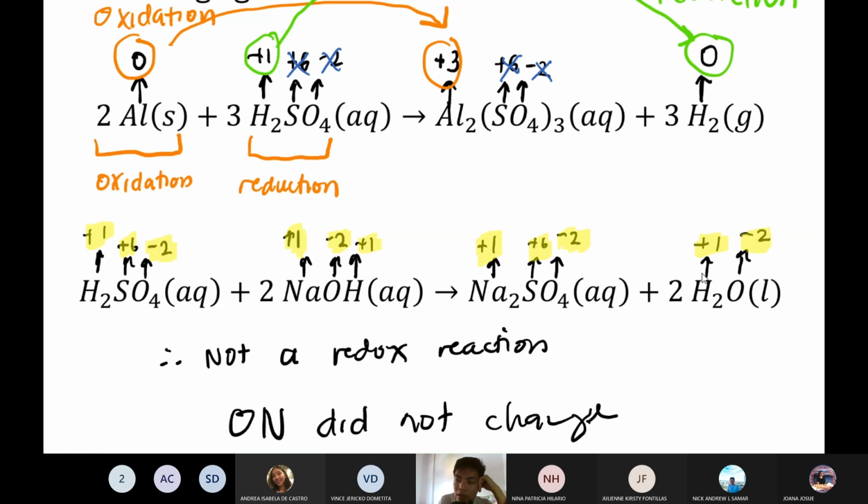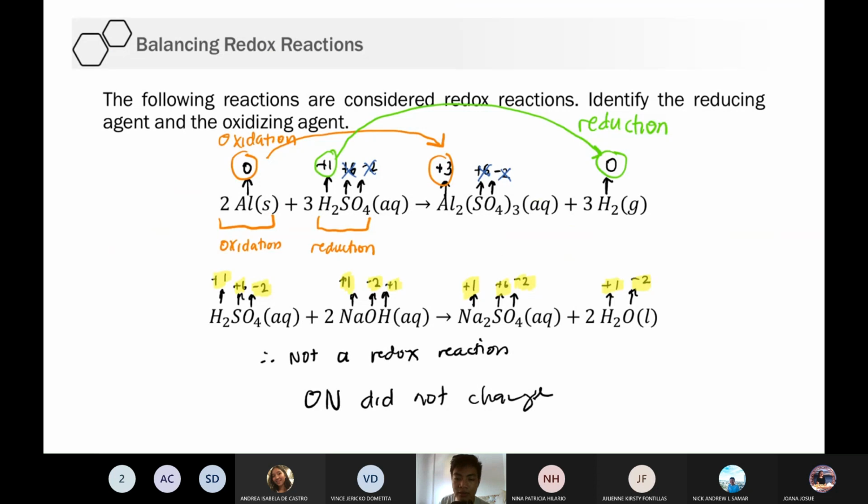But for this one, walang nagbago. Lahat sila pare-parehas pa rin. So this is not a redox reaction because the oxidation numbers did not change. So wala tayong reduction reaction yan. Wala rin tayong oxidation reaction. So yan. Ito yung lalabas sa quiz nyo. You will be given set of equations. Identify sino yung redox reaction. Okay? So, ganun lang. So, do you really have to do all of this to identify kung sino lang yung redox reaction? Kahit hindi na. Kahit di nyo na gawin. Bakit? Ganito lang yung technique dito.